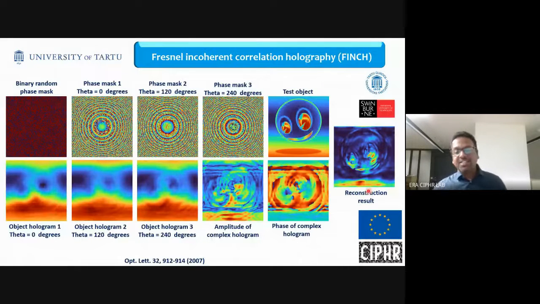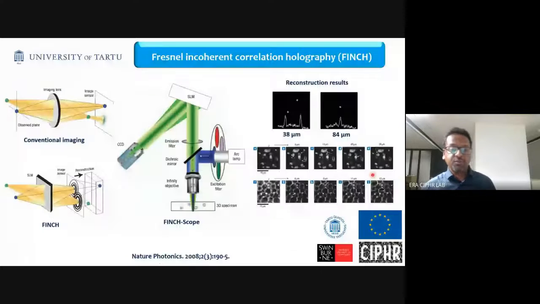As you can see, this result is not very close to the test object. It is because of the use of the random phase mask. This random phase mask helps in multiplexing two functions, but also creates this kind of noise. But these kinds of noises are only present when the object is a complicated object like this. If the object is a sparse object, where the points are separated from one another, then this effect is not dominant. So Professor Rosen and Brooker went on to demonstrate this on a fluorescent microscope.